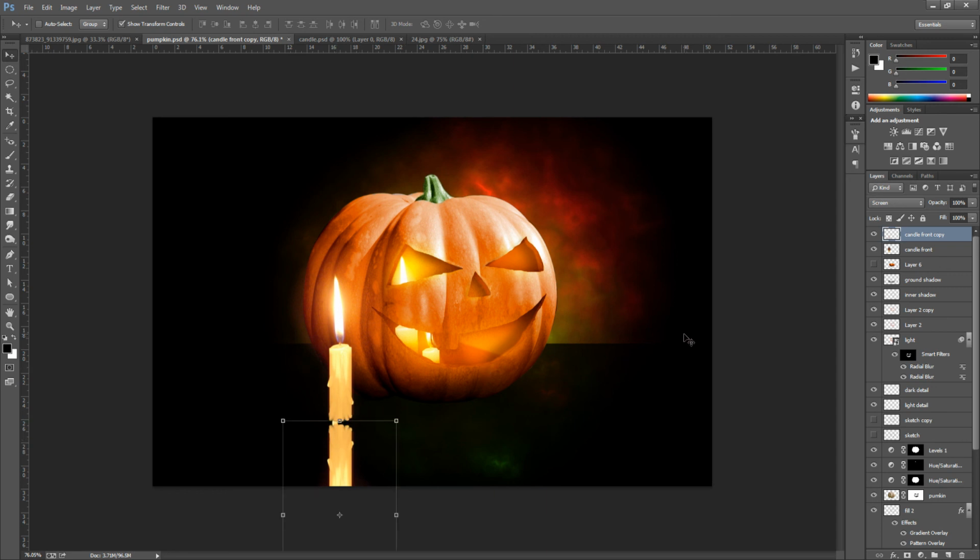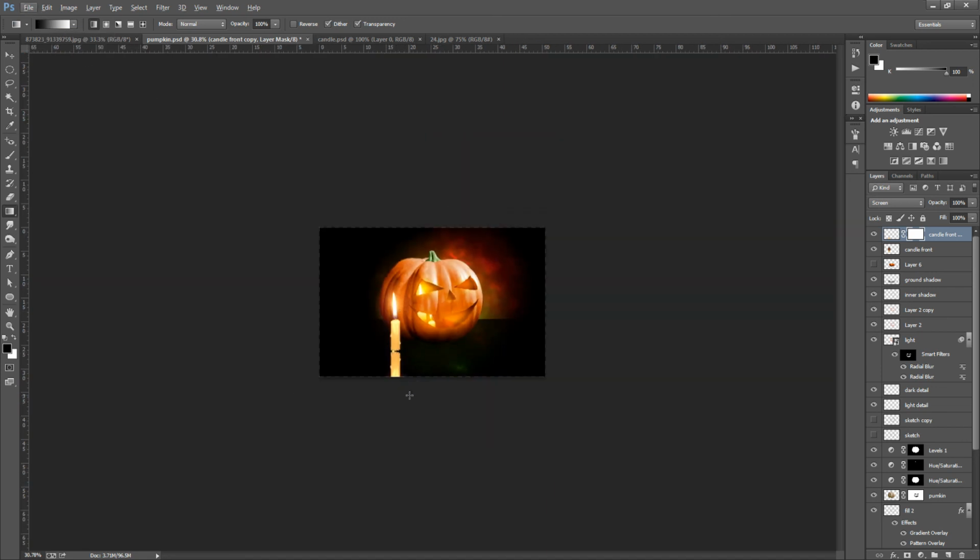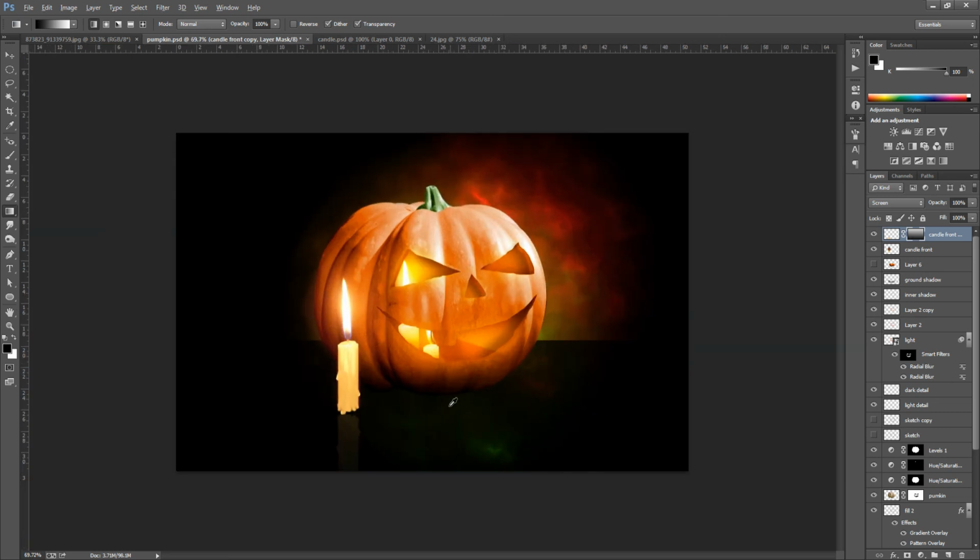And we're going to add a layer mask to this. So bottom right hand side, you see a little camera icon, click that, and we're going to go to the gradient overlay tool, which is on the left hand side, and we want to make sure it's set right at the top, black to white. So once you have something like that, we're going to zoom out, and making sure that we are working on the masking layer, we're just going to go up to the top like that, and as you can see it's just faded out.